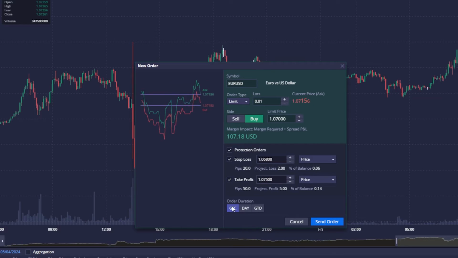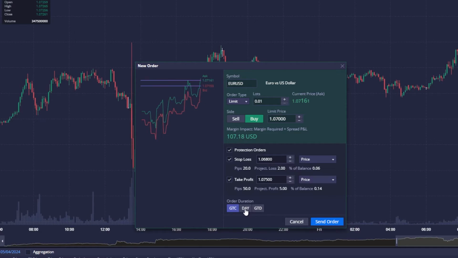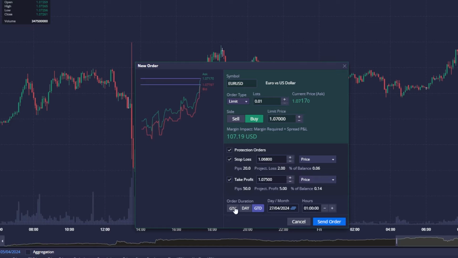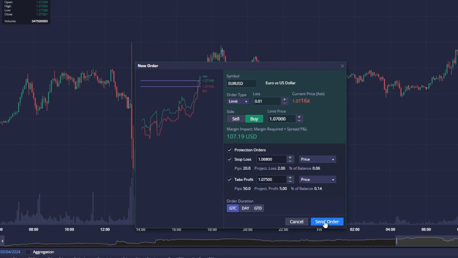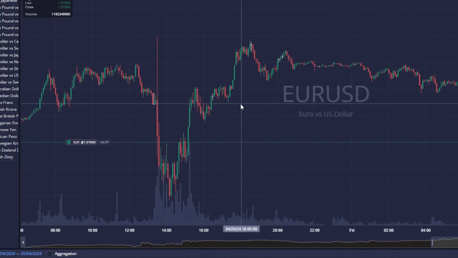Now, this is set as good to cancel, which means that the order is going to be on my account until I manually take it off. If I wanted the order to be deleted by the end of the trading day, I would select it to be a day order. Or if I wanted to specify the actual date, I could do that here as well. So I'm just going to leave mine as good to cancel, press send order,